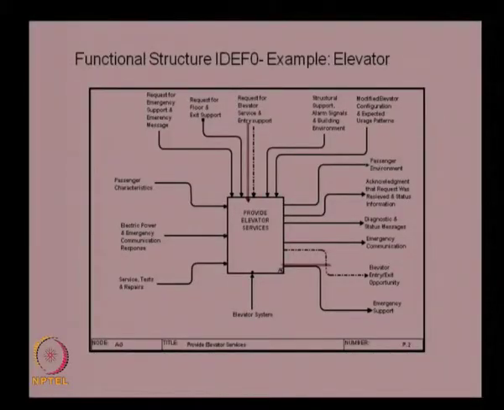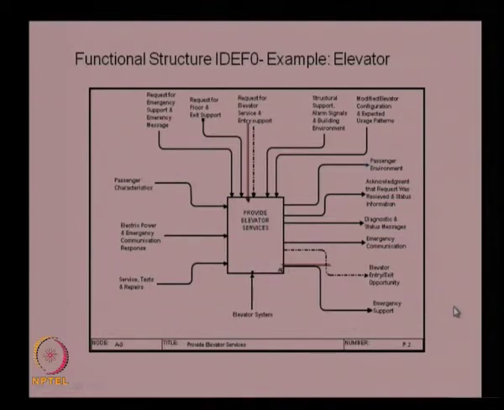So take an example to show the functional decomposition using IDEF0 diagram. Here we take the example of the elevator, which we discussed earlier also. Now you are familiar with the elevator system and its requirements, so we will take this same case study and use it for explaining the functional decomposition using IDEF0 diagram. As you can see, this is the context diagram. This A0 is the top level function, which is provide elevator services, and all others are inputs, control signals and outputs, and you have the mechanism as the elevator system, the mechanical system which provides this service.